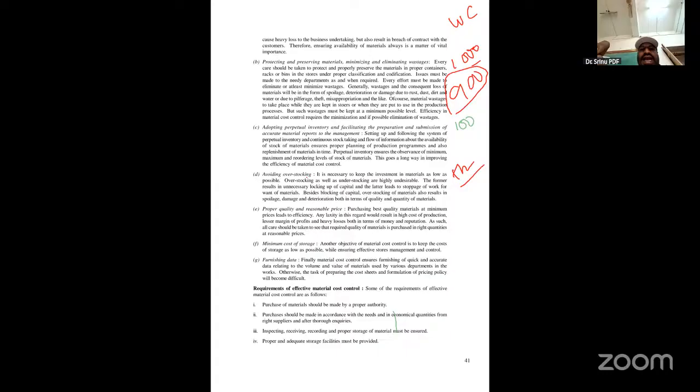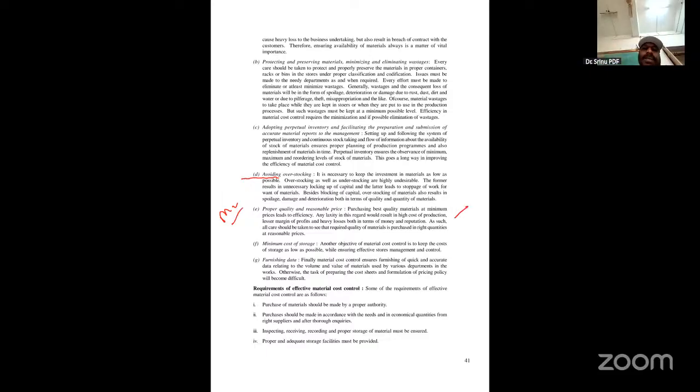Is it clear? And whatever material you are going to purchase should be of proper quality and reasonable price. See, if the material is not of quality, then our output also will fail, so good quality output will not come. And reasonable price only you have to pay. If you spend more, it is a burden for the organization. So avoid overstocking, and maintain minimum price and good quality of product.